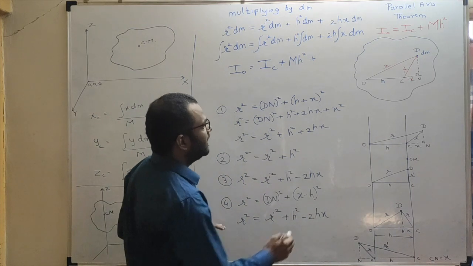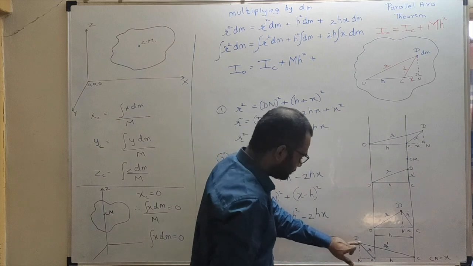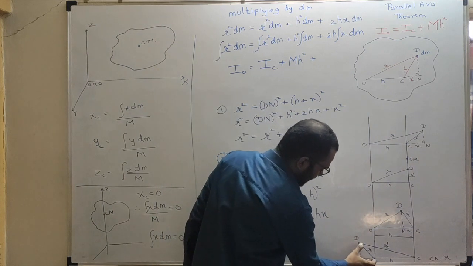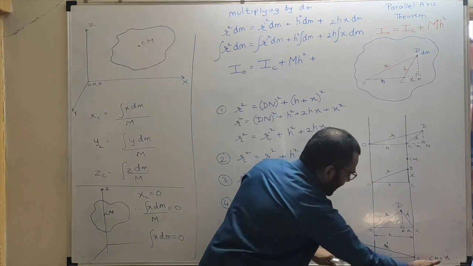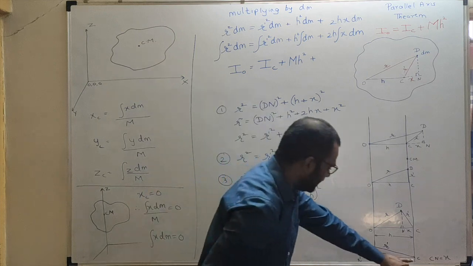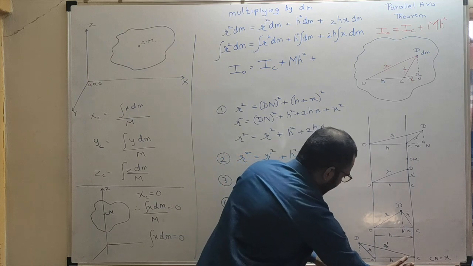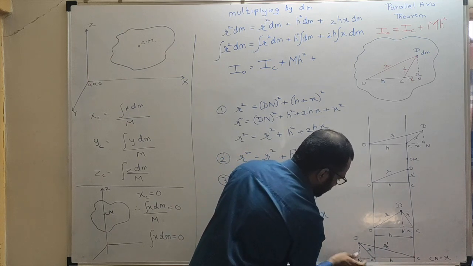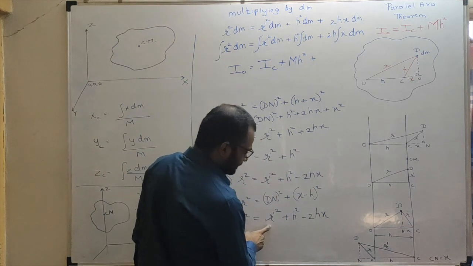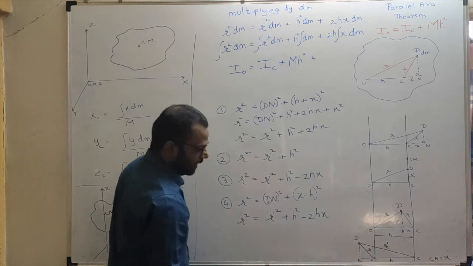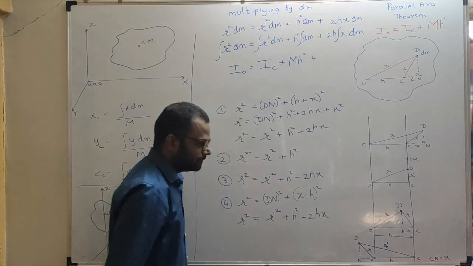Fine. Okay. Now if D is somewhere over here, or if I take the particle over here, what equation will I get? R square is equal to dn square plus on square. Now here dn will be x, because we have said that x is the distance from C to n. So r square will be dn square plus x minus h the whole square, because it will be dn square plus on square. So again you will get this relation by making use of Pythagoras theorem again on the different triangle. R square is equal to r dash square plus x square minus twice hx.